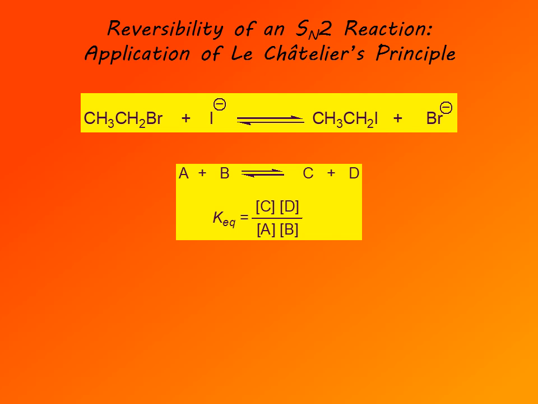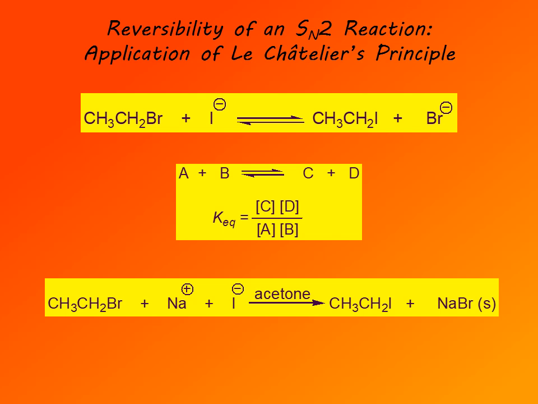We can do so by carrying out the reaction in acetone as the solvent. Because if the reaction is carried out in acetone as the solvent, sodium iodide is one of the few inorganic salts that is soluble in acetone. But sodium bromide and sodium chloride are not. So as we carry out the reaction, sodium iodide, which is soluble, will be used up, and as sodium bromide is formed as a reaction product, it will precipitate out of the reaction. And of course, equilibrium will keep on shifting to the right,